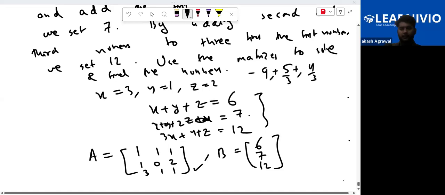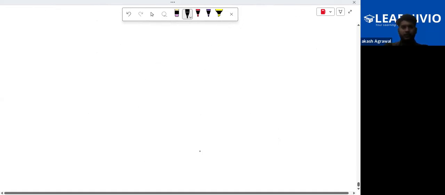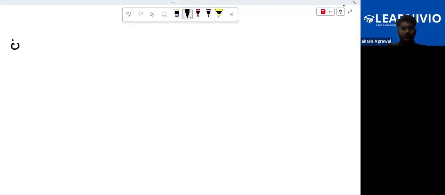Okay, let me give you one more question. I'll give you hints what properties to use. Then you can solve this. They're saying find matrix A